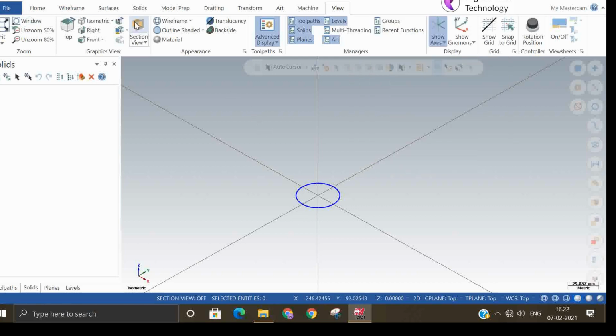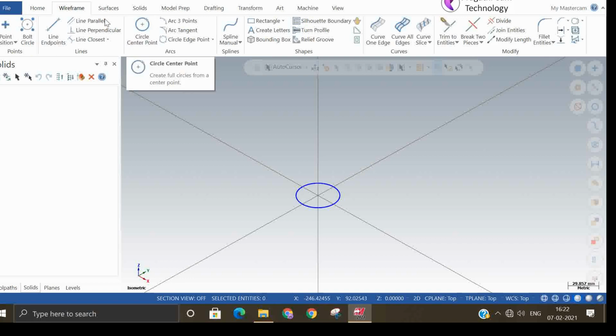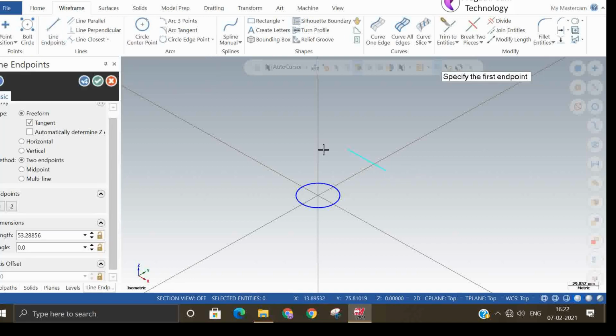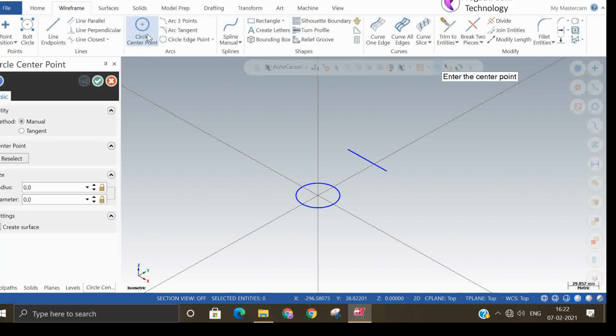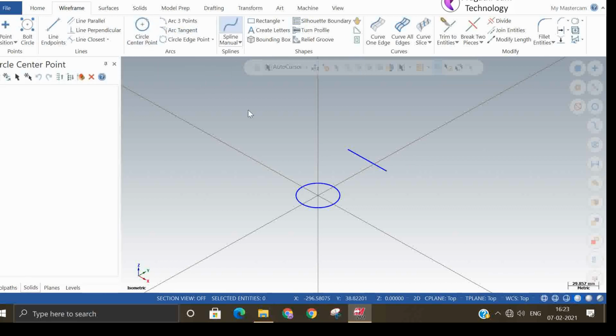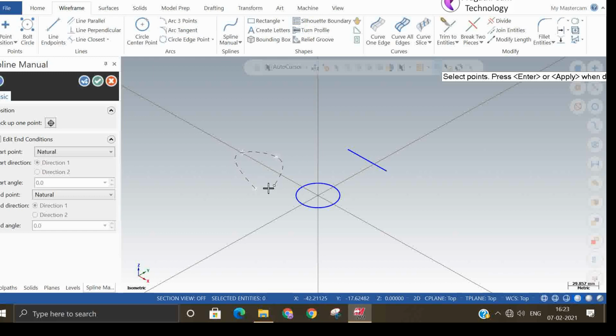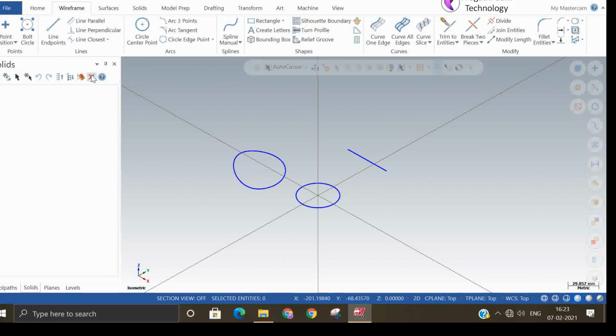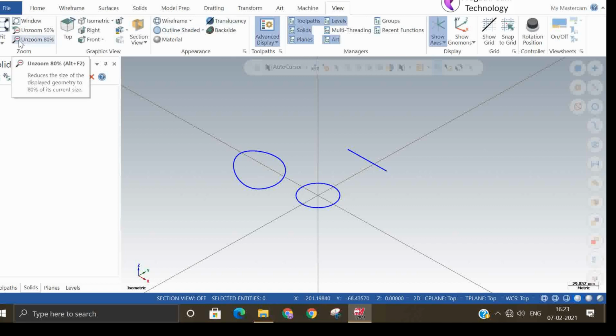Suppose you have more than one entity on the screen, one line and one spline. Now in this situation, you want to zoom and see only a particular thing.